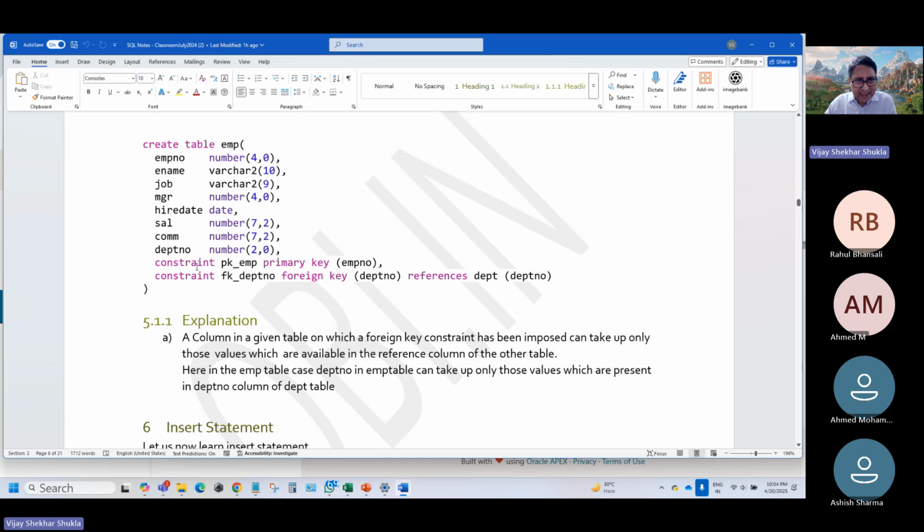Constraint PK_EMP primary key on employee number. So employee number will be unique and it has to be not null. Now you know about the primary key constraint. There is yet another constraint, the foreign key constraint. Foreign key constraint is, this is the proper noun, FK_DEPTNO, foreign key deptno